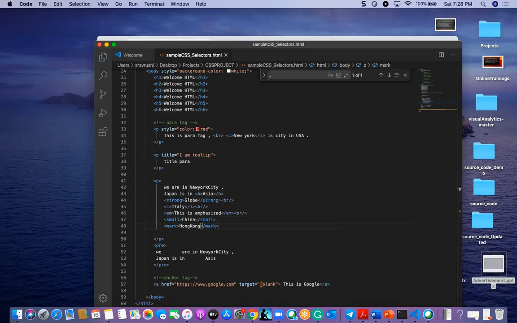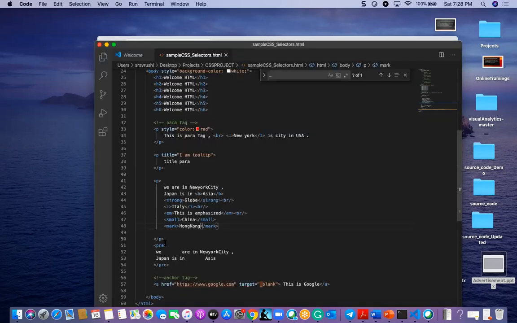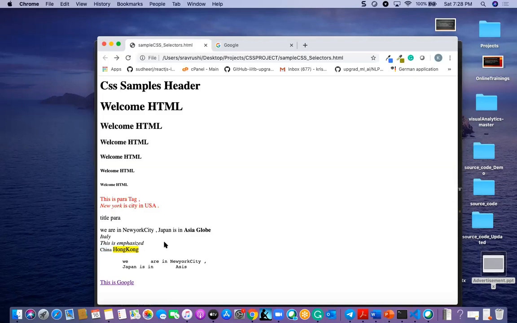Okay, I just want to check Hong Kong. Then it will be marked as highlighted text. And one more thing we have is delete.